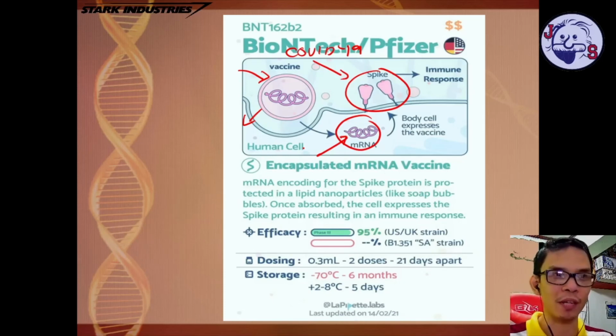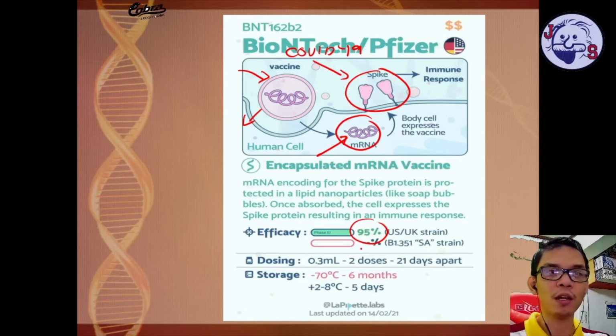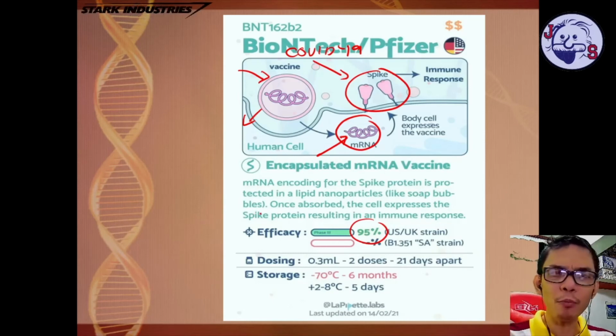Only the spike protein. Alright, so the Pfizer that we have right here has an efficacy of 95% versus the UK and US strain. And also, it doesn't have any data at all regarding the South African strain. Okay, so now, the problem with this one